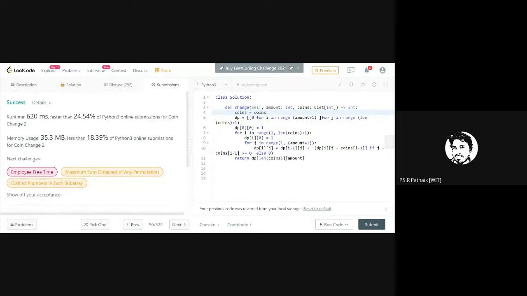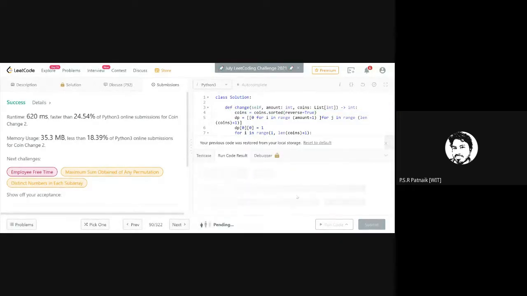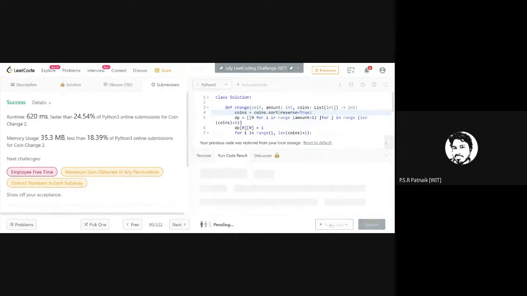This coins dot sorted reverse is equal to, correct my syntax if I am wrong. Is it sort or sorted? Sorted is one.